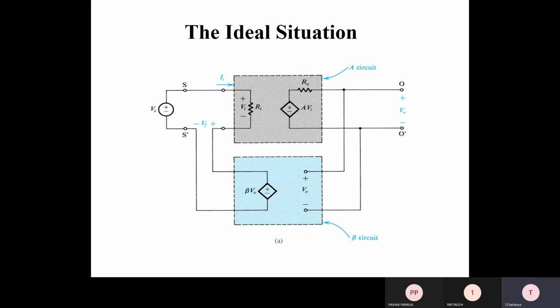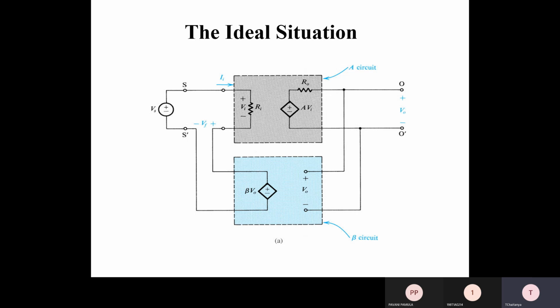So what is the topology? Series and shunt. Here is the shunt, here is the series. On the input side it is series, and in the output section it is shunt. Some of the output passes to the output, and the remaining signal is split and passes to the feedback network. In the ideal situation, we consider the gain A, and R0 is the output resistance, for Vi the input.